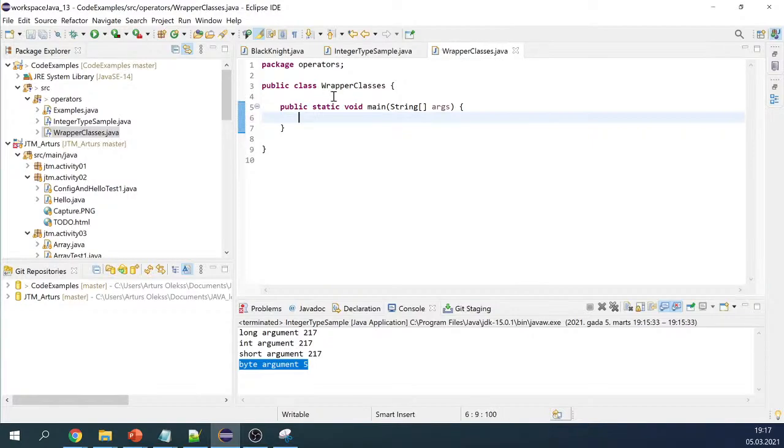For each primitive in Java, we have the corresponding wrapper class. So it means we have Integer,